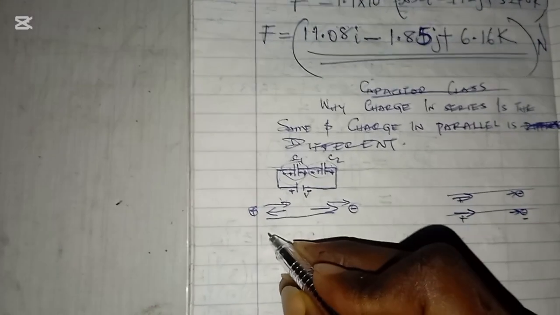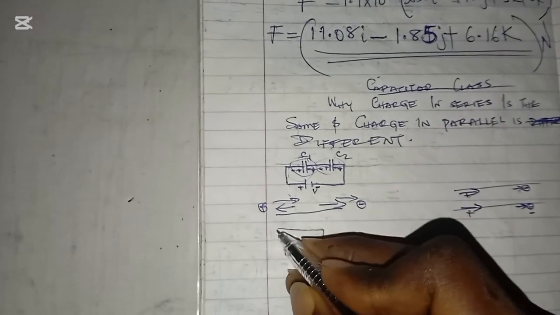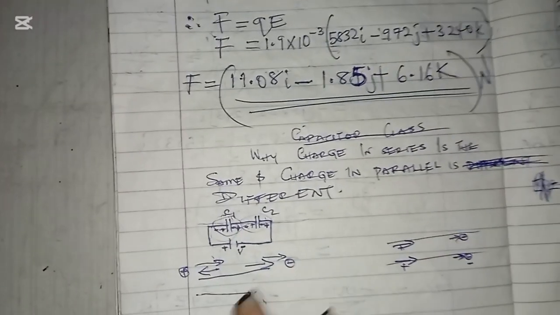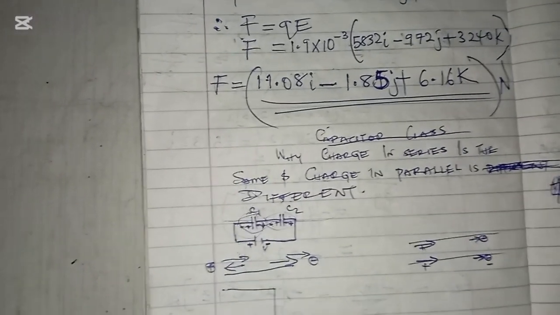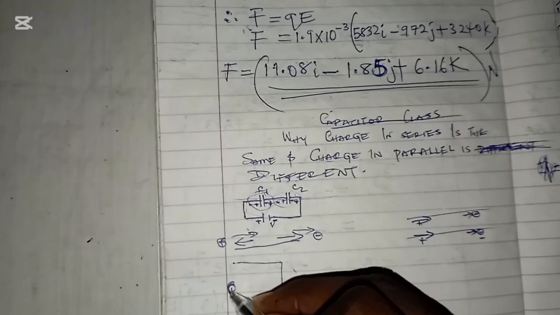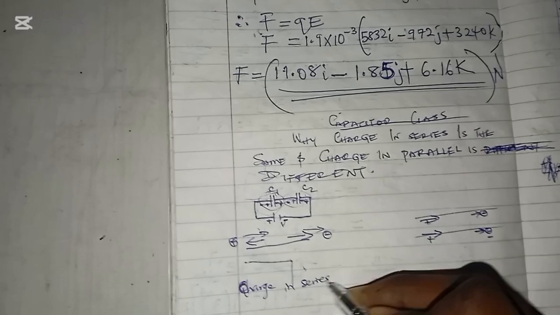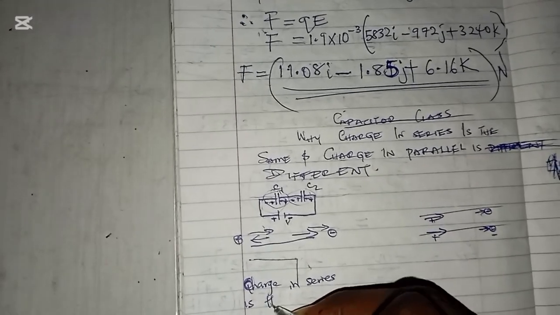And that is why I told you that even when it moves this way and moves this way, you can see that it is still going this way and still coming this way for series. So that is why we normally consider that charges. So we normally say that charge in series is the same,